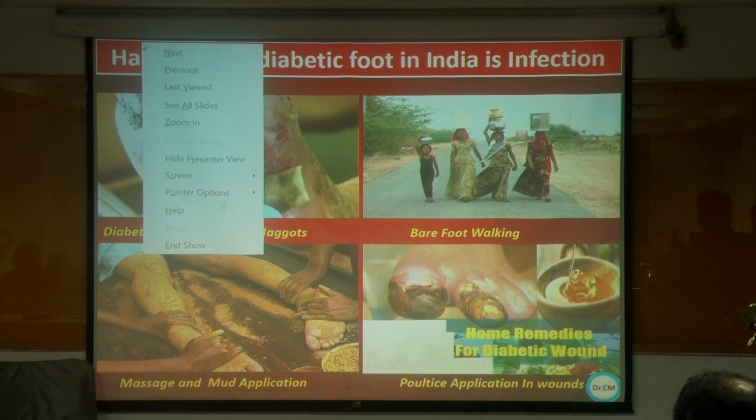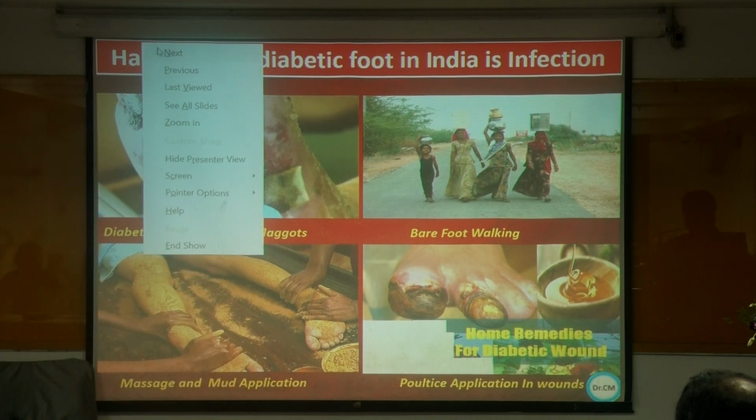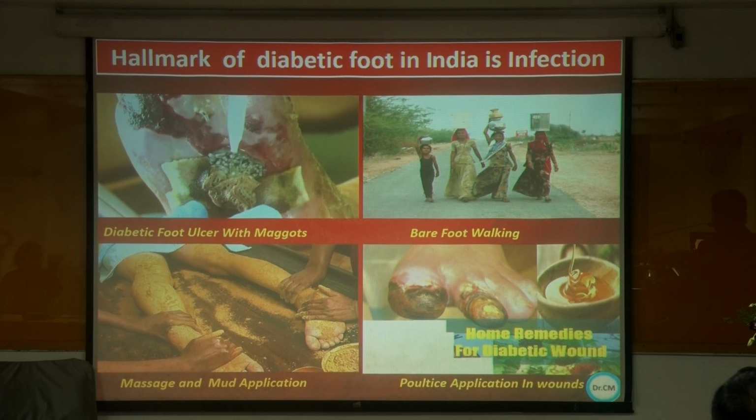I would like to highlight one important point. We doctors who are interested in diabetic practice should allow our patients to come inside our chamber with the footwear. Most of us never allow. In most of the nursing homes and clinics, our security asks the patient to leave the footwear outside the clinic chamber. So if we really want to prevent foot ulcer and amputation, this one thing all of us should practice from tomorrow onwards. We should allow the patient to come inside the chamber with the footwear. This one thing will prevent most of the problems.